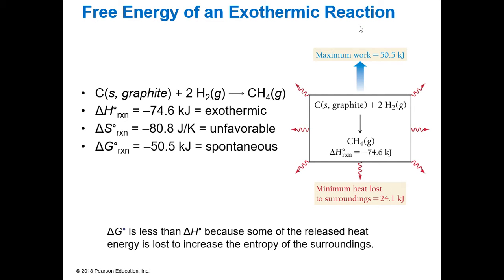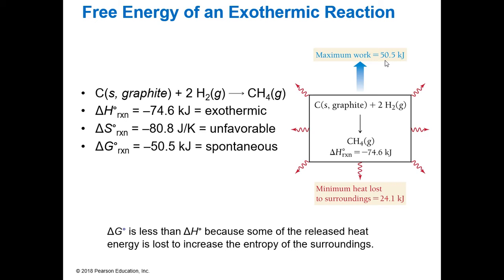Most likely it will be much less than that, because some of this work will also be left as heat, and other entropy sources make things speed up. There is all of this extra energy that is lost to the surroundings. So the maximum amount of work that we can do is 50.5, but most likely it will not be 50.5